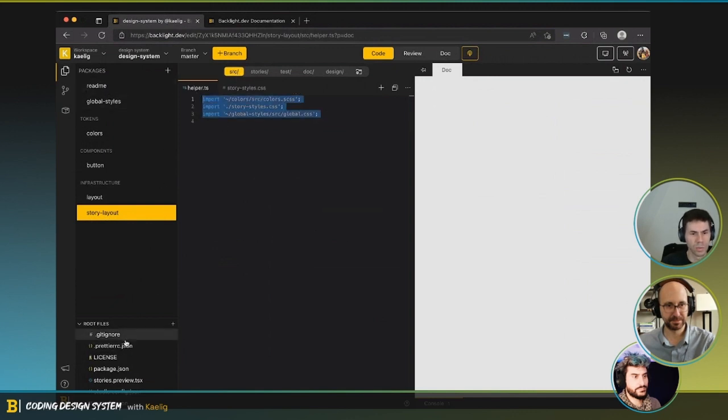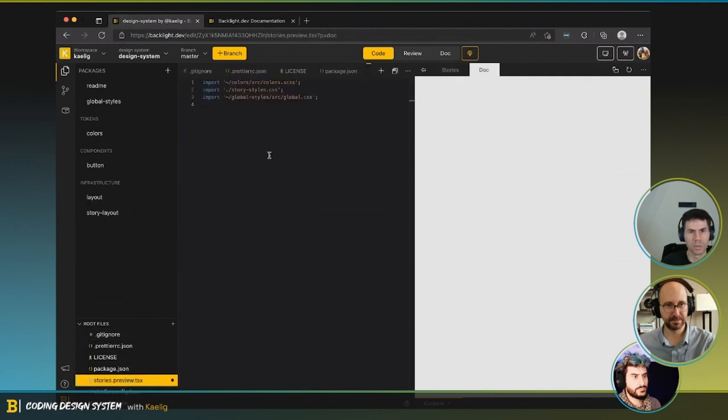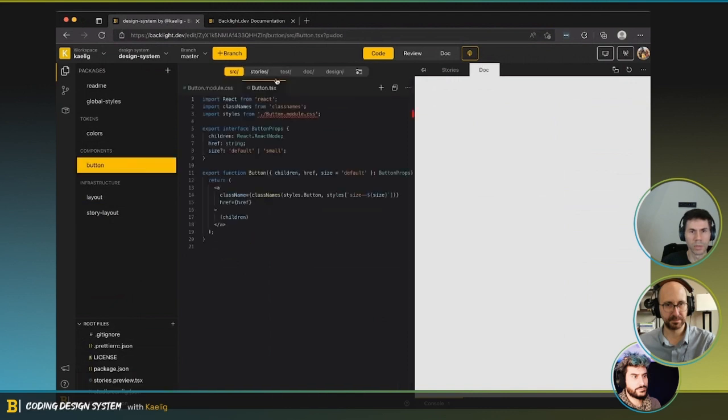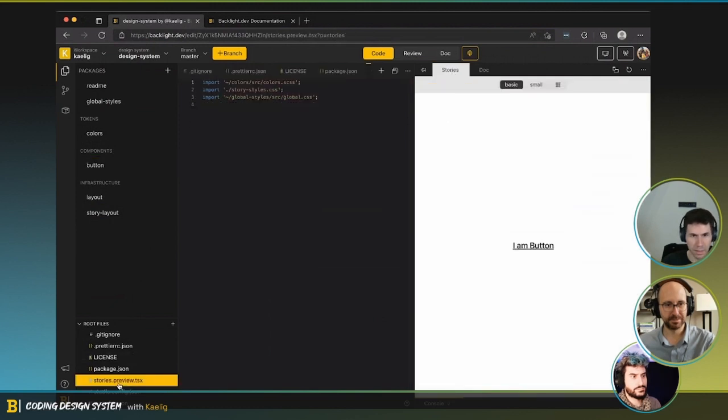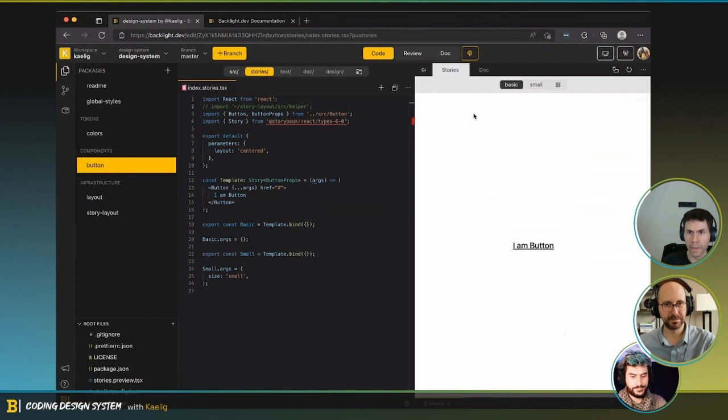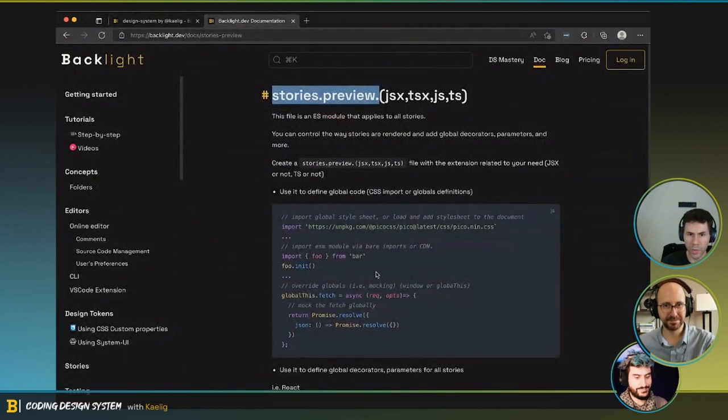So preview.stories.tsx, and we could do this. And then this means that in my button and in my stories, I can get rid of this. It should be the case. Yep. So you see, the documentation is not always perfect.